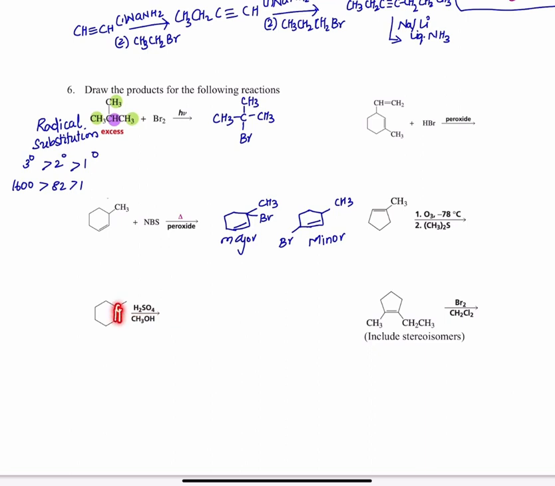Between these two carbons, which one has the greater number of hydrogens? We can definitely see there is a hydrogen here, right? So the hydrogen, which is the electrophile here, is going to get added to this carbon, and the OCH3 is going to go to the other carbon. So the product here would be